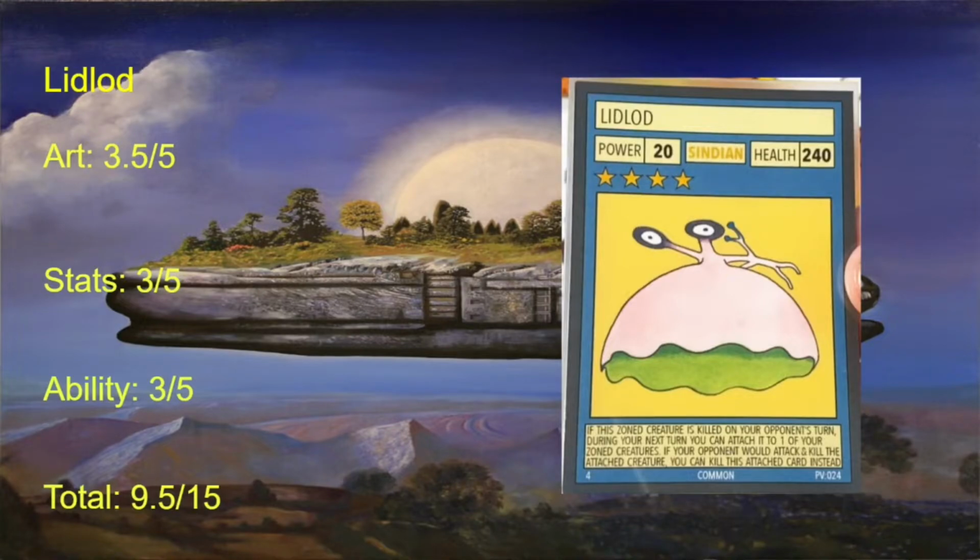Yusha was talking about how a lot of 4-stars could get over this health line, so it might need to be improved. I don't think it needs to be improved, because if we look at the ability, if this zone creature is killed on your opponent's turn, during your next turn, you can attach it to one of your zone creatures. If your opponent would attack and kill the attached creature, you can kill this attached card instead, which is actually pretty powerful, and you can use it as a second life for anything,